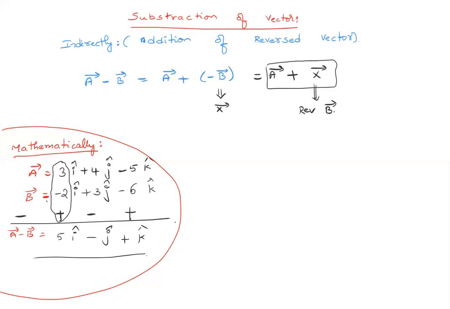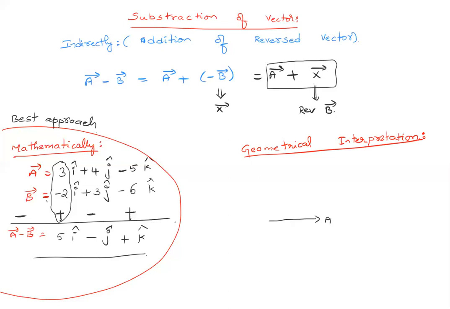Regarding geometrical interpretation, in subtraction of vectors, this method of writing in terms of i cap and j cap is the best approach, because there will be no confusion in doing this. But to understand things and to do some problems, we have to learn how to put it in geometrical interpretation terms. So coming to geometrical interpretation, if you have a vector a bar like this,